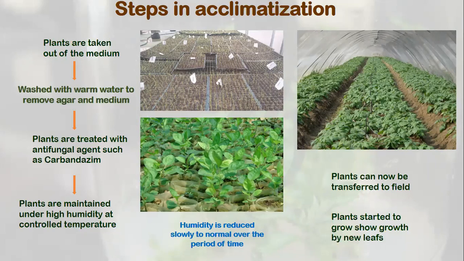So once we put the plant in the field, we maintain high humidity so that it does not need to absorb water from the soil. And then these also provide a little bit of sunlight that starts making the plant synthesize its own food. Now as these plants are growing, within a few days, 1 or 2, 3, 5 days, the plants start producing new leaves. These new leaves which are emerging are photosynthetic. The moment they start photosynthesizing with the growing leaves,